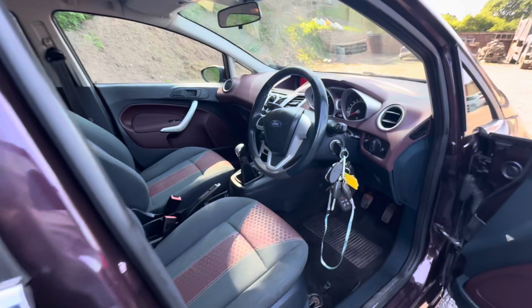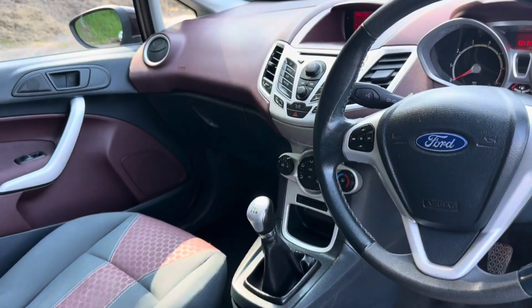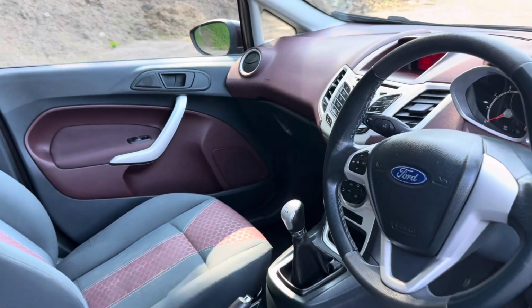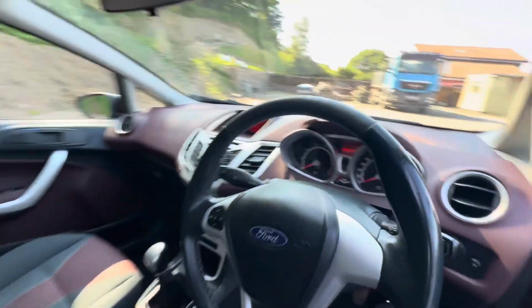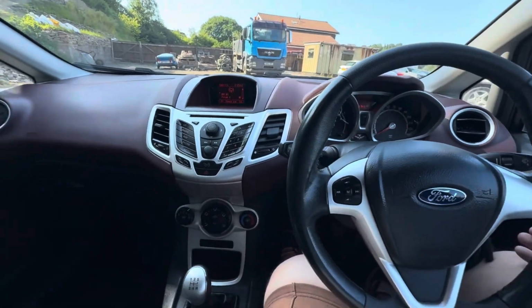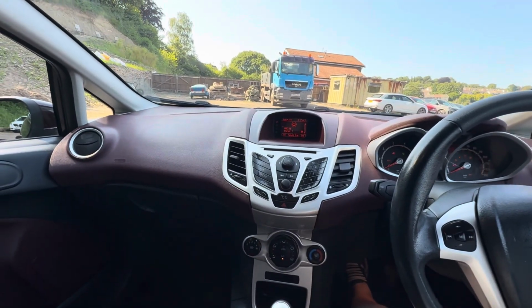Please ignore my absolutely obscene bunch of keys that you can see. It's quite ridiculous. It hasn't been driving around with all them in it, trust me. It's just, I've got everything on my hands today that I need for the yard, and I've been moving a few cars around. And the honest answer is I'm rubbish for keys, so if I haven't got them on me like that, in one bunch,